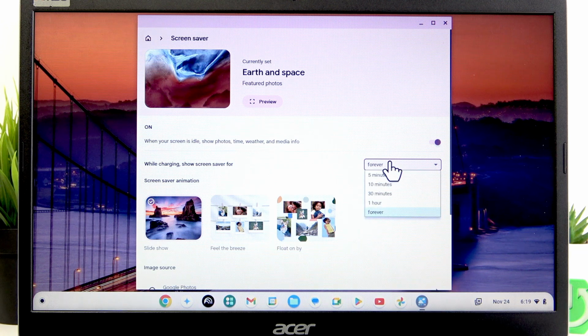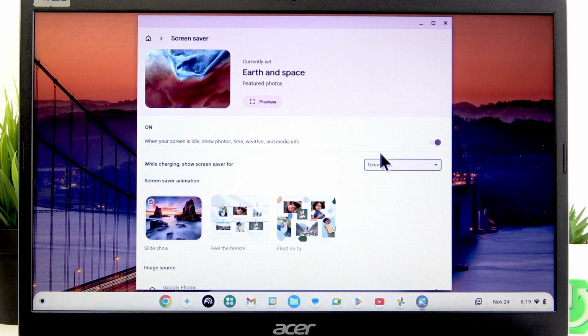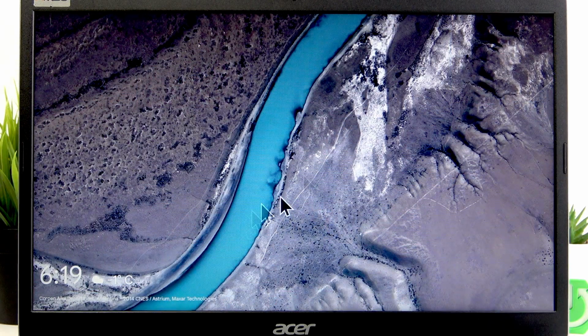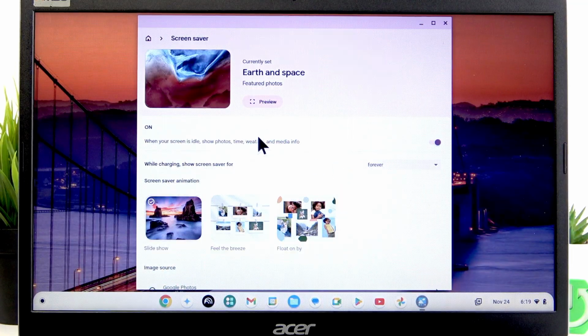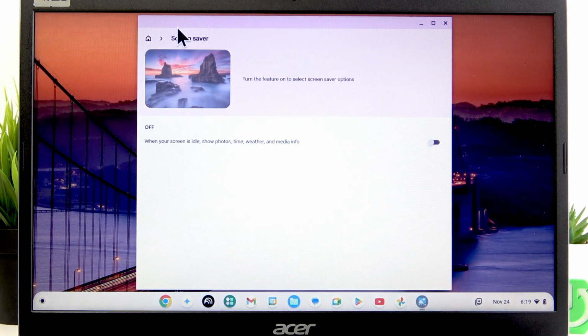And we can also change the time of activity for our Screensaver while a device is being charged by expanding this list and selecting one value from it. By default, forever is set. If you're wondering what it looks like, it looks somewhat like this. Okay, so now let's go to the primary